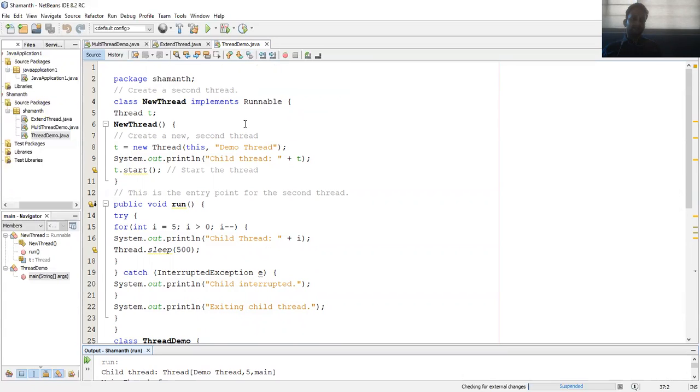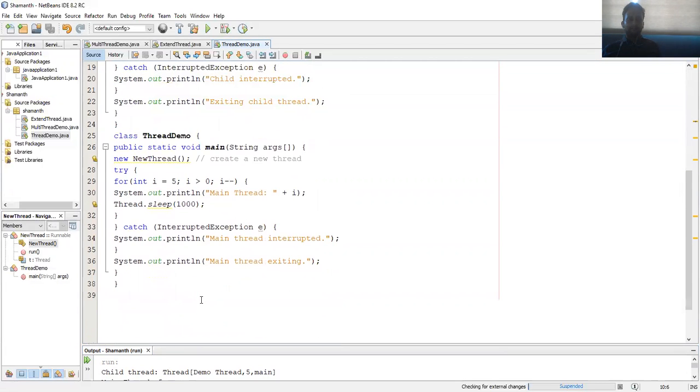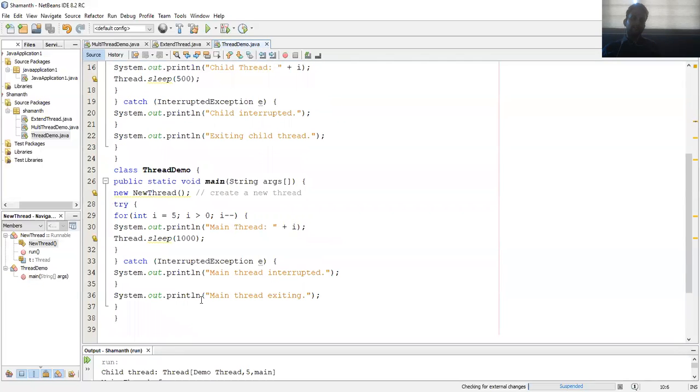So what are the main aspects you have to remember here? Whenever we create a Runnable, we will have a run method inside which we write the thread's work. The run method is executed by invoking the start method. And then there will obviously be the main thread, through which we can write the other part of the code. So this is an example program of how we implement the Runnable interface.